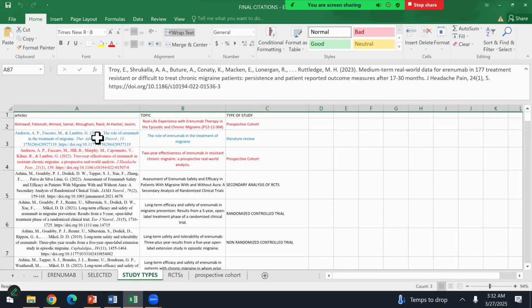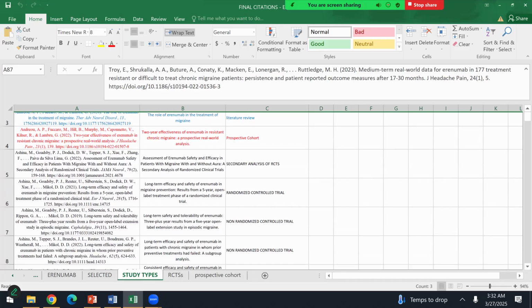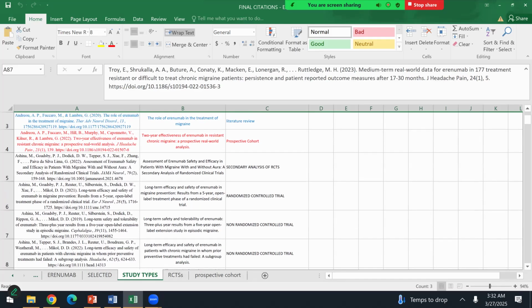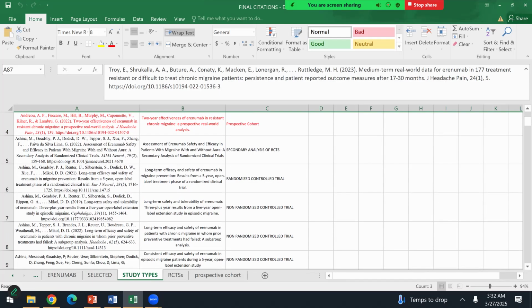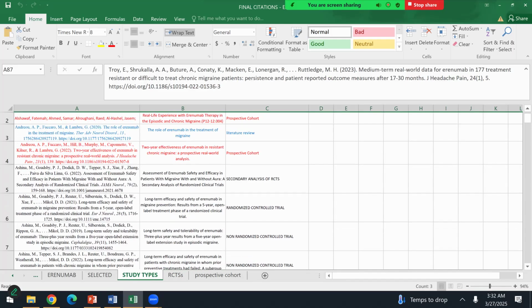You can go back to where you had all the studies according to your PICO criteria, but you didn't include them for some reasons. So you would open the papers one by one, and then you would decide what you want to take from that paper. For example, from one paper, you would take the definition of the drug. From another paper, you would take how it presents. In another paper, you would take the mechanism of action of the drug, or adverse effects of the drugs. So you would read the introductions of those papers one by one, and whatever papers you decide you want to take the data from, you would download them,